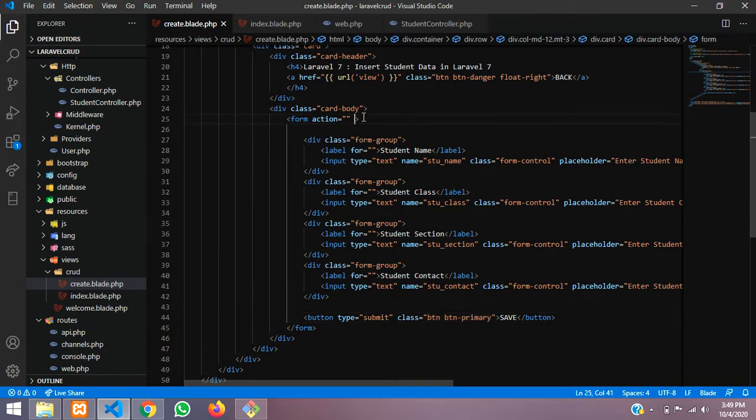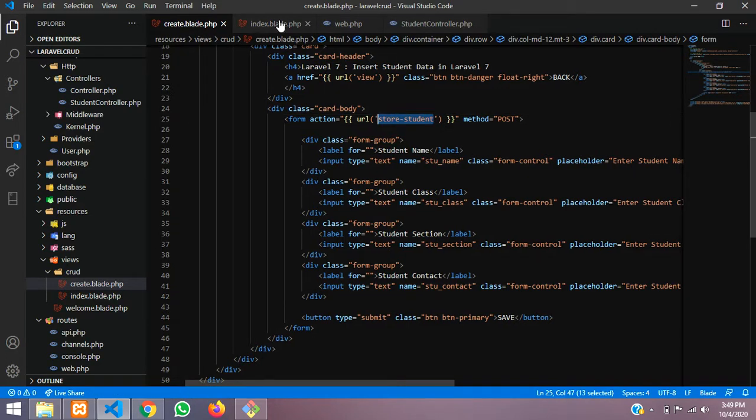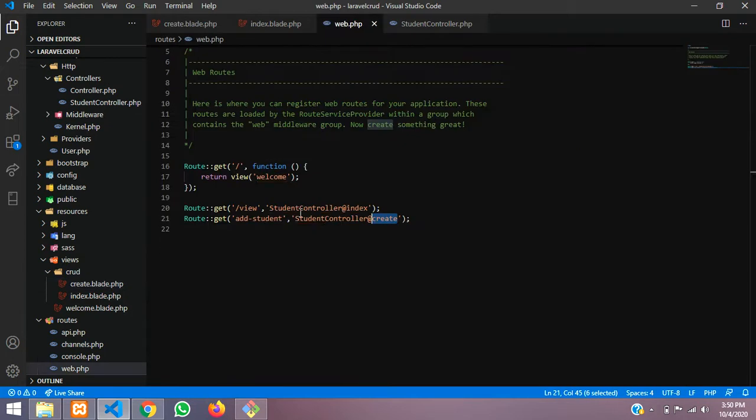And let's take this method as post, method post, and URL will be action, where we will do that as store student. Copy this URL and send to web.php.